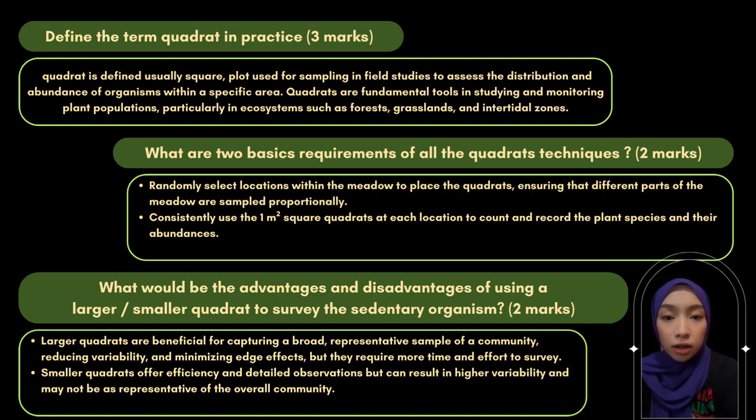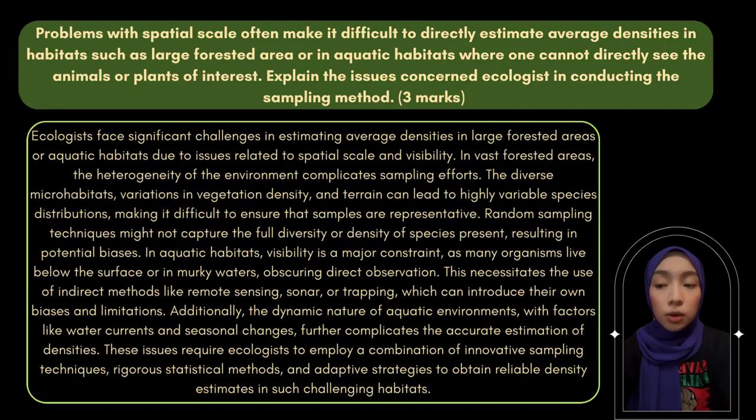Larger quadrats are beneficial for capturing a broad, representative sample of a community, reducing variability and minimizing edge effect, but they require more time and effort to survey. Smaller quadrats offer efficiency and detailed observations, but can result in higher variability and may not be as representative of the overall community. The last one, problems with spatial scale often make it difficult to directly estimate average densities in